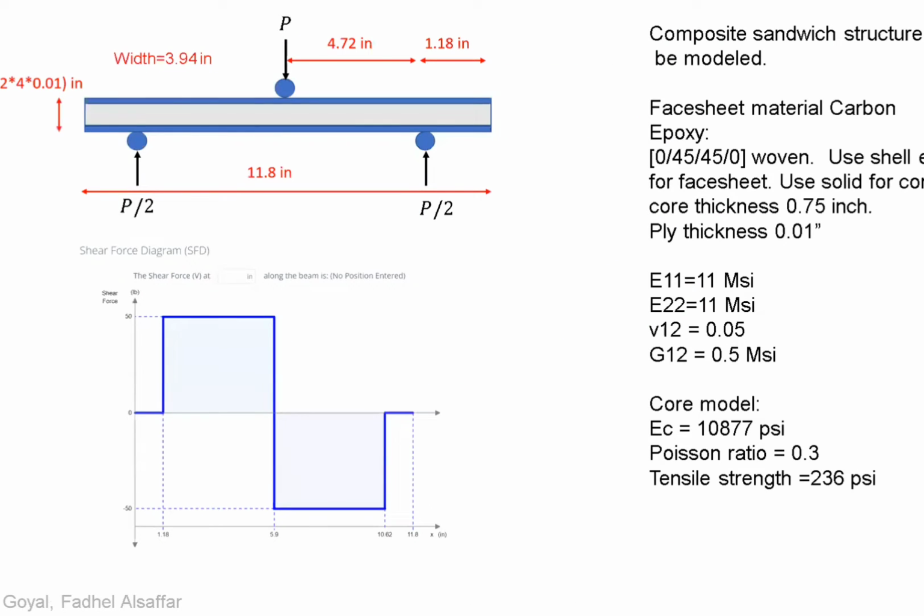And what we have here is a roller support here, a roller support here, and a load applied in the center. What that does is create a section between the rollers that has constant shear force. And so that causes the stresses in the core to be fairly constant, and when you apply this load, that will be the critical failure mode of concern. So this test does a very good job of predicting core shear failure and is used in the design of